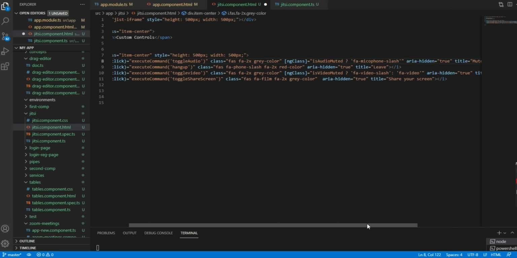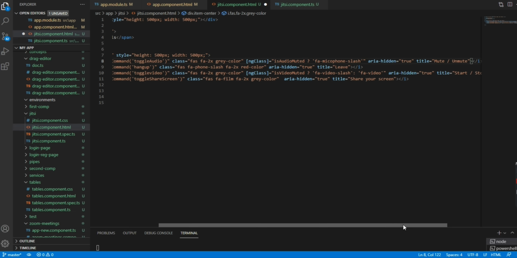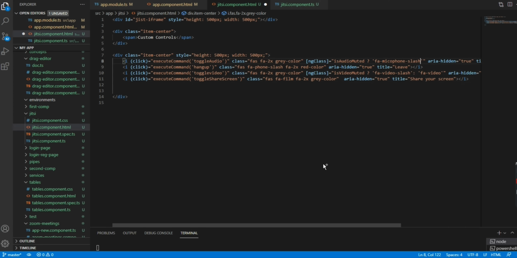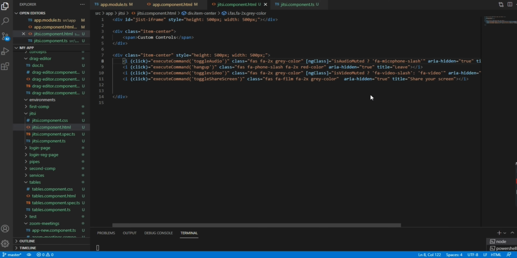Microphone hyphen slash, next is video muted. Fa slash is equal to video. So put all three expressions at the end of expression.